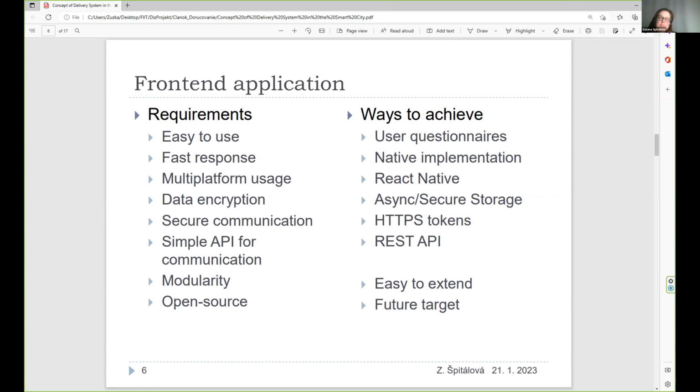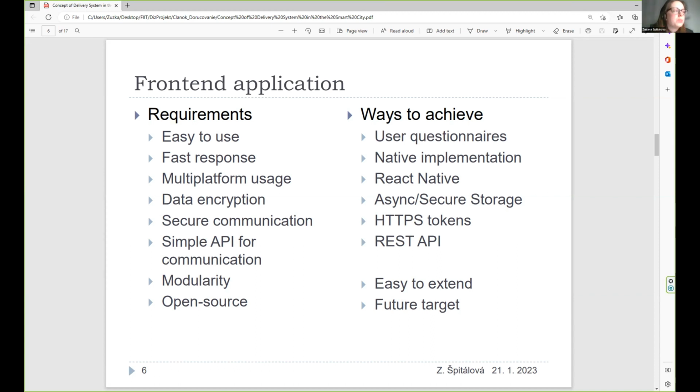And the renew token provides the backup for this main access token. So if there is some problem, maybe if this token is not valid, the renew one is used. And if also the renew one is not valid, so the other login is needed for generating the new tokens, the access one and also the renew one. So that's the HTTPS tokens.